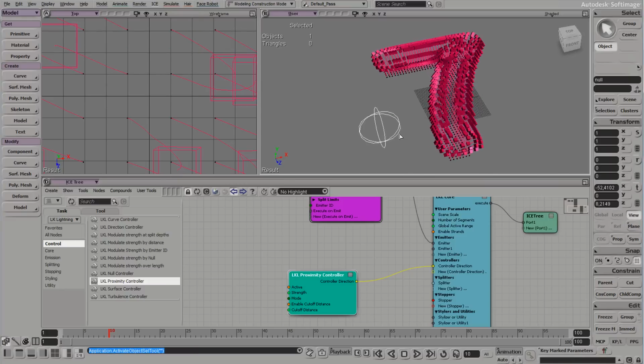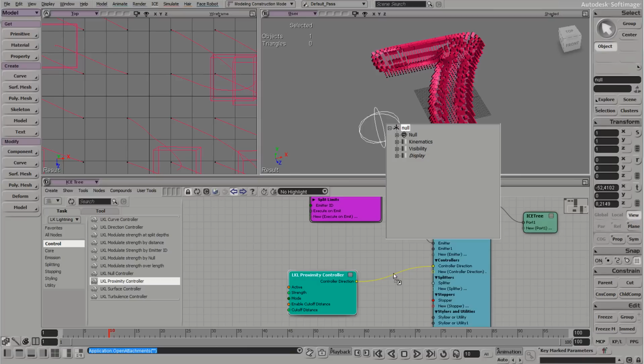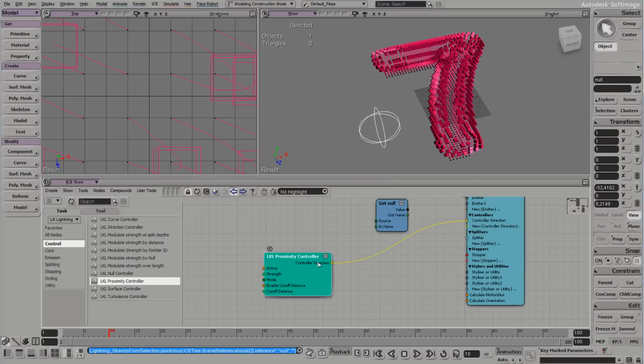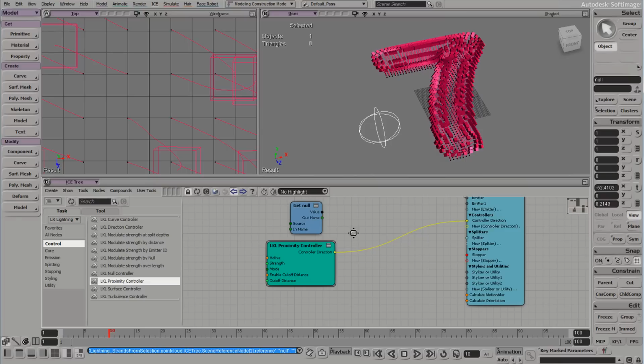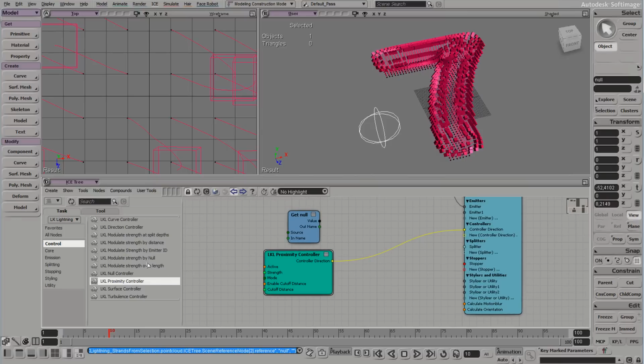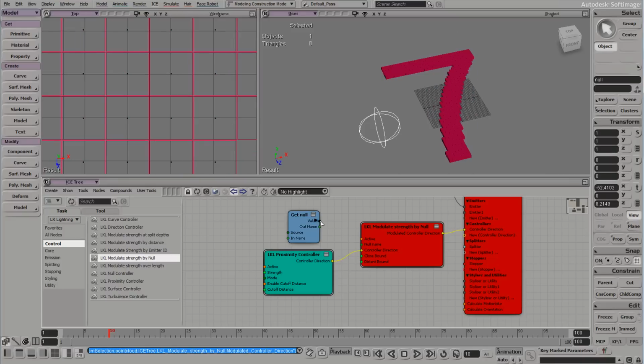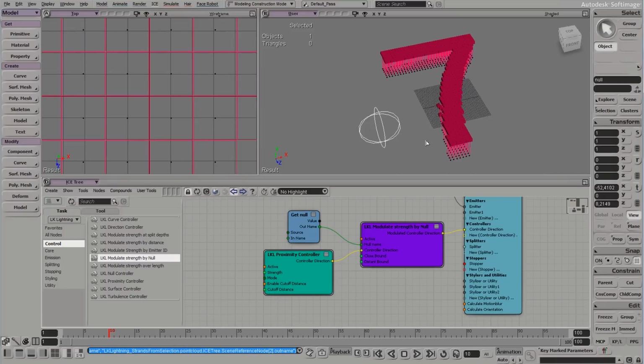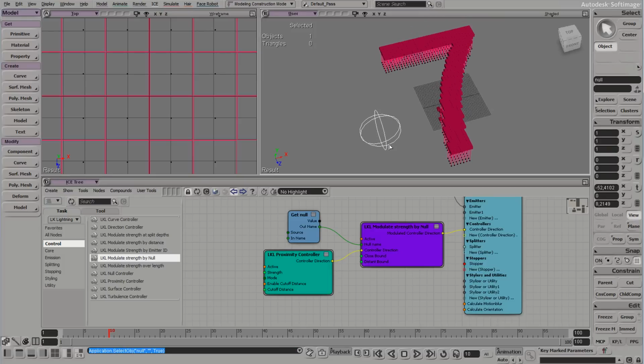Anyway, we can just pull this null into our LKLightning ice tree and say, hey, we want to modulate this controller with our null. So let's do that. And there's a compound for that. It's under the controllers, and it's LKL modulate strength by null. Really cool. So just drag that in there, connect them up. And we don't have a null connected, so it's broken, but not anymore. Bam, there we go. Right now we don't see anything, but as I move this null closer, ooh, it's